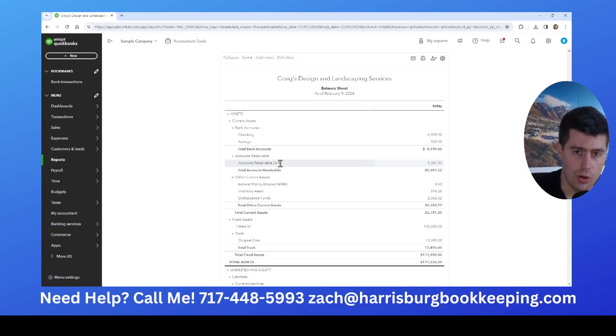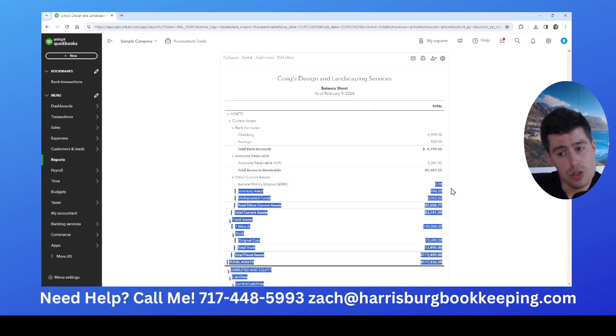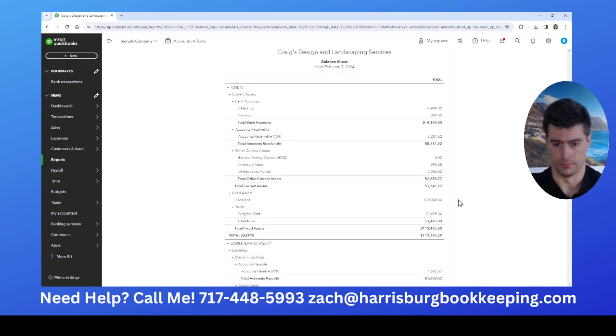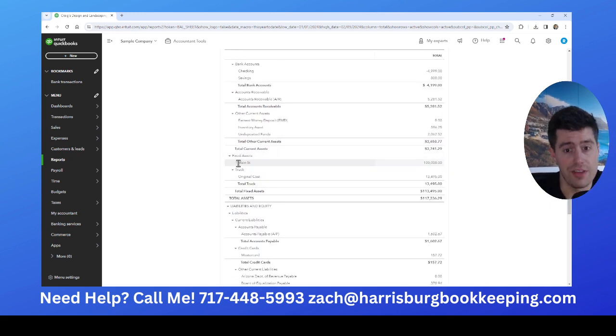Real estate investors don't really have accounts receivable. And then this earnest money deposit, like I was talking about, should usually be 0 unless you're in the process of closing on a property. And then we have our fixed assets, and this is going to be all of your properties. When we add together the value of your properties and the cash that you have, that will